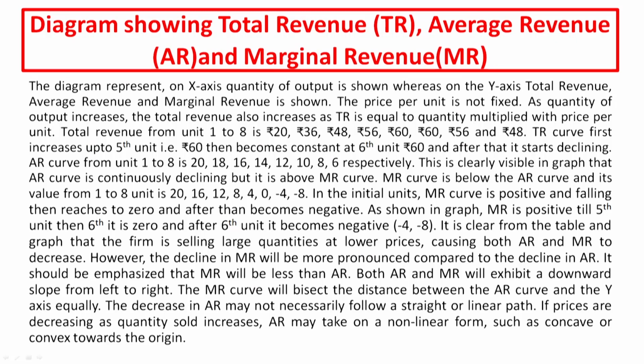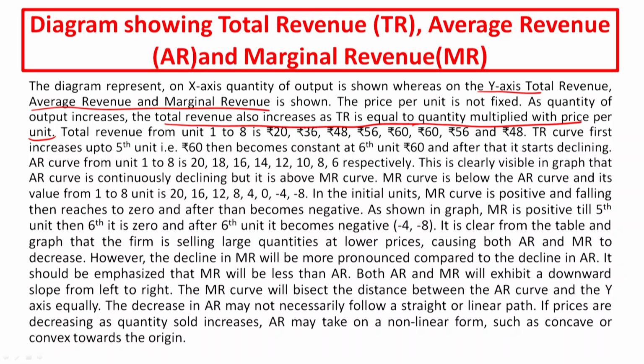The diagram represents on x axis the quantity of output, whereas on the y axis the TR, AR and MR are shown, as we have discussed. The price per unit is not fixed, it is changing. As quantity of output increases, the TR also increases, as TR is equal to quantity multiplied with price per unit. So the price is not fixed, and as the quantity of output is increasing, the TR is also